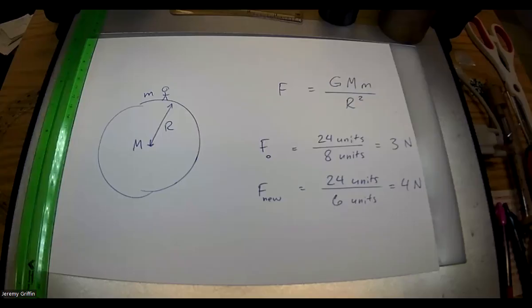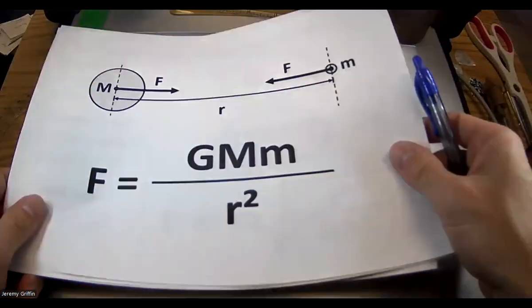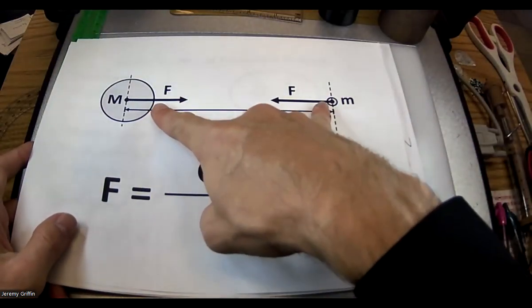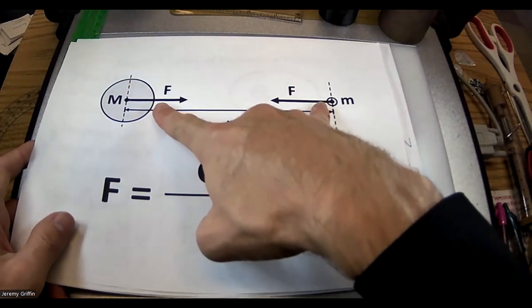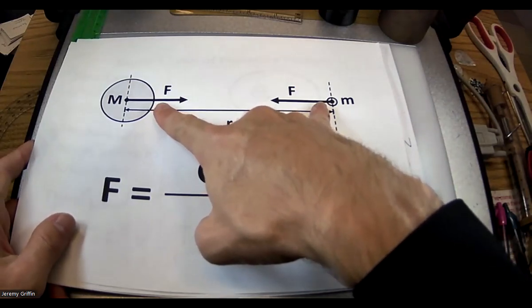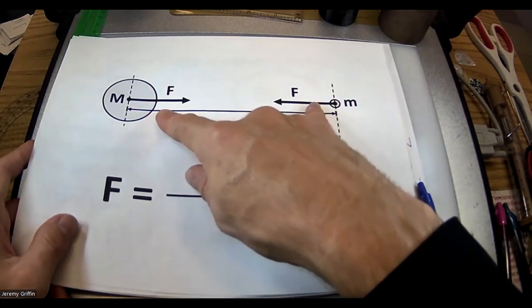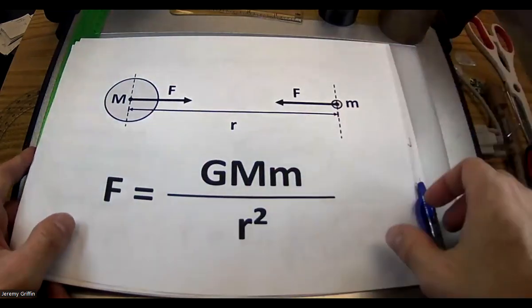So swap back over here, I'll show you guys why. Okay, so now we're looking at this type of model. Suppose maybe it's two asteroids. If these two asteroids are really far away from each other, wouldn't it be a very tiny, tiny force? And as they get closer and closer together, isn't that force going to increase? Which is the answer to the question.